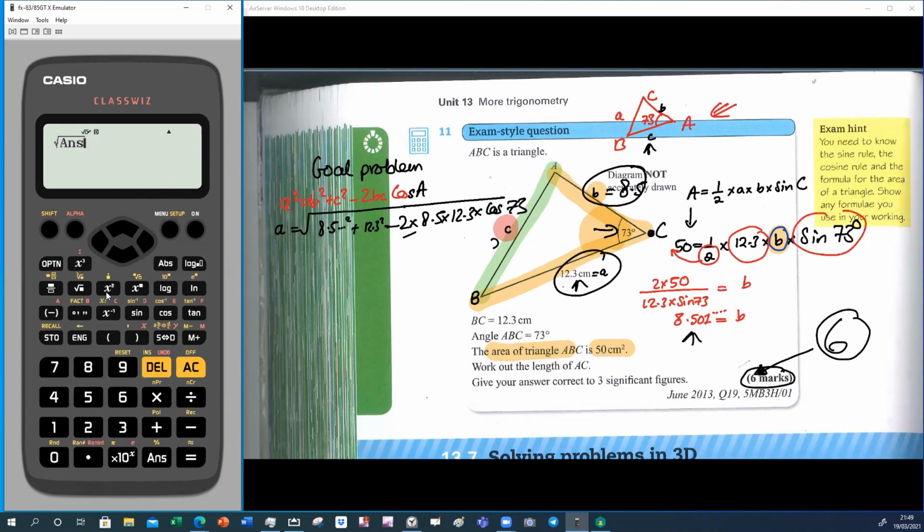So I'm going to do answer squared plus 12.3 squared, and then we minus 2 times the answer, which is the 8.5 blah, blah, blah. Then we times that by the 12.3, which is an exact value. And then we multiply that by cos 73. We close the bracket. Press equal. And that gives us an answer of